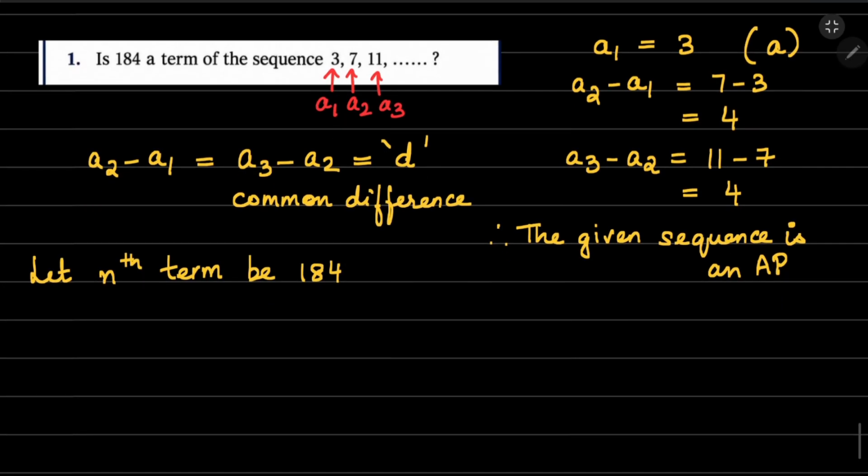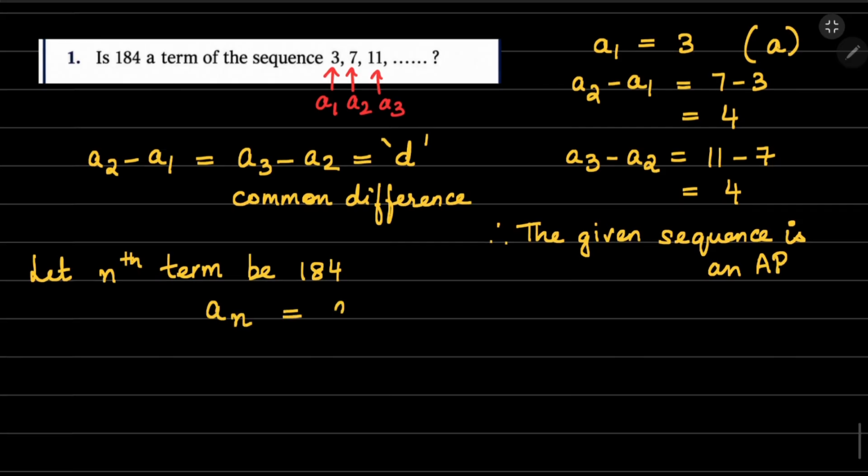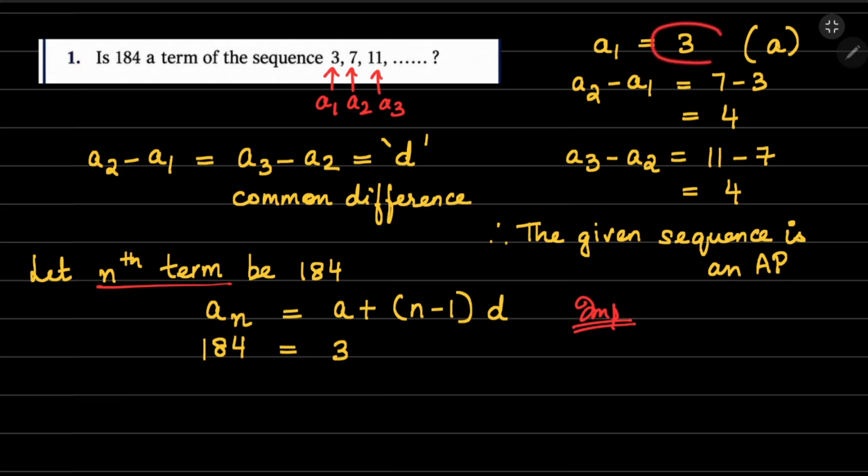184. Right? There is an nth term formula, which is an, the nth term, equal to a plus n minus 1 into d. Now this formula is very important. It is the nth term formula. So we are just considering the nth term to be 184, which is equal to, what is our a? a is 3, right? The first term is denoted by a. Plus,